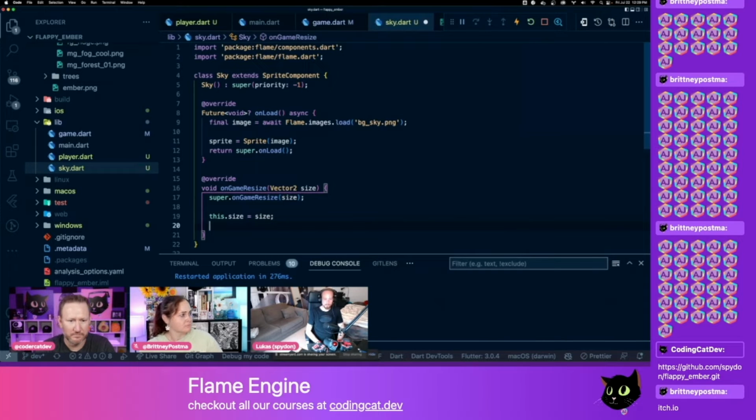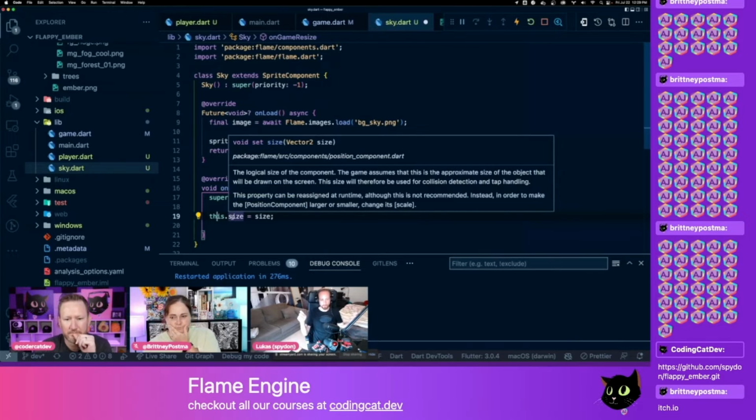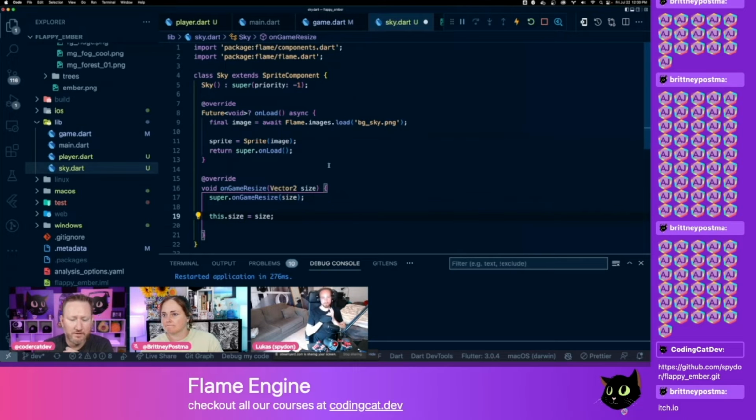So that means that onGameResize is called every time you get a new size of the window. So it's called once in the beginning when the game starts up, and then if you change the size of your window, it will be called again with a new size, so that it makes sure that this image will stay the correct size all the time. That's really cool. So now if we go back to the game,